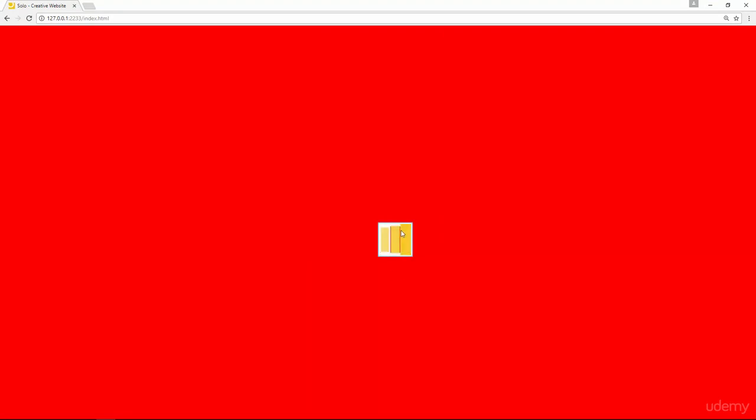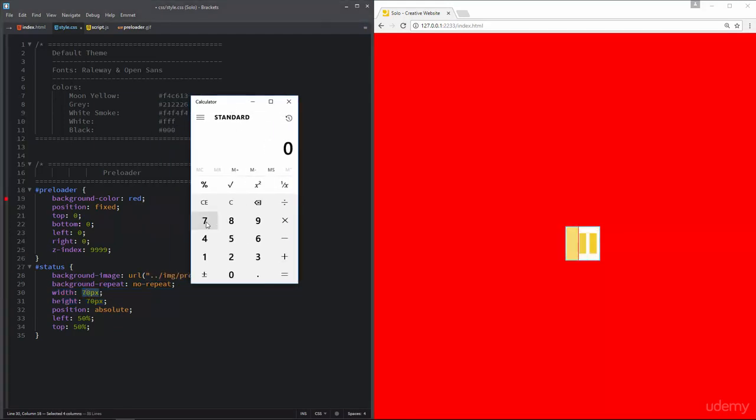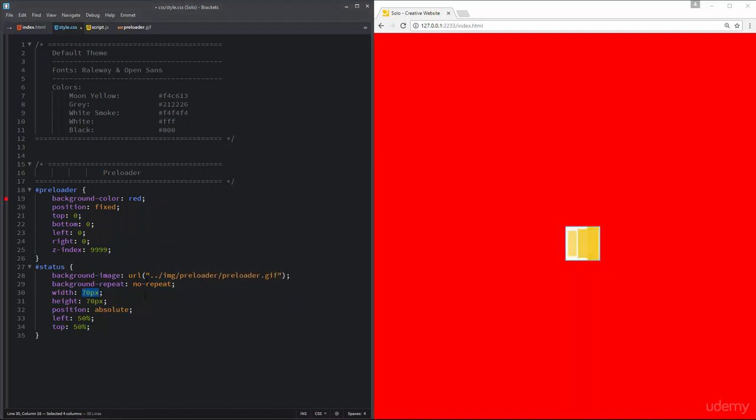But if you notice, it is not exactly in the middle of this web page. We still need to make some variation. If you notice, we have set width and height properties for this preloader image. And the values for these properties are 70 pixels. Now if we divide 70 by 2, we get 35, which means we need to push this preloader image up and left by 35 pixels to make it properly positioned, and we are going to do it using CSS